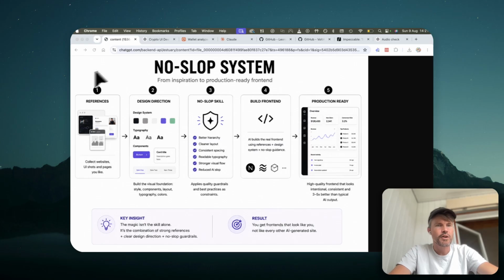There's 3 steps. Start with building references. Very often it's AI generated mockups, as well as looking for inspiration and taking screenshots. Then building a design language, design guidelines. For that, I use Claude Design. And then last but not least is using different no-slop skills within Claude Design or your harness of choice. And there are a few that I'm going to share with you at the end, which are really, really useful. Then afterwards, it's just normal building the whole front end, iterating, making it production ready, but without